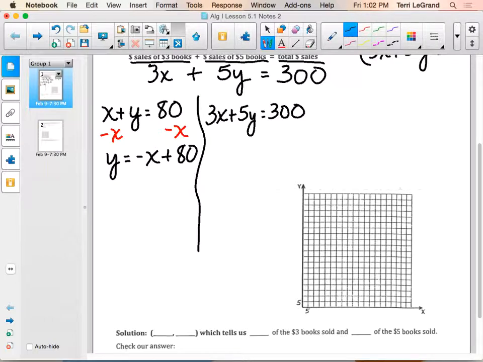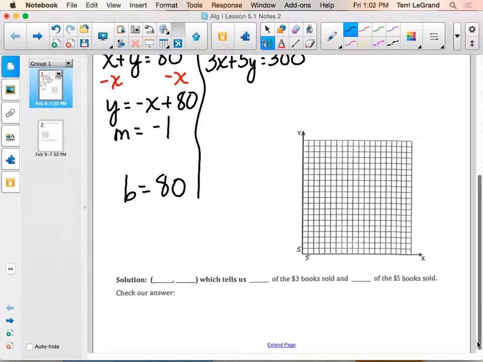So now we're going to identify our slope. What is it? Negative 1. And what's our y-intercept? 80. Now notice I left a little space between my slope and my y-intercept because we need to talk about that slope. And whenever we are going to not have a scale of ones going on our axes, we have to